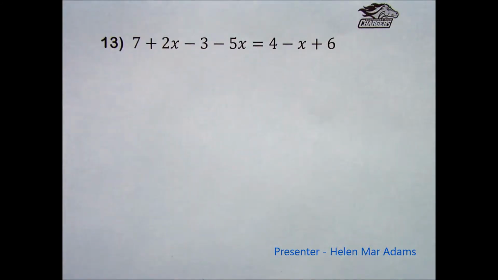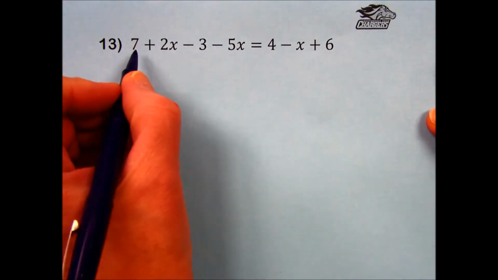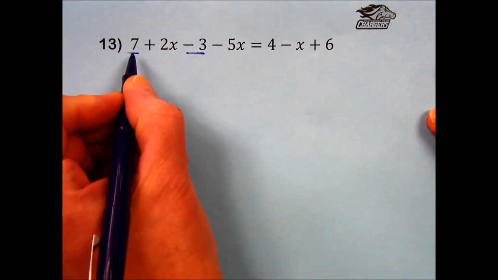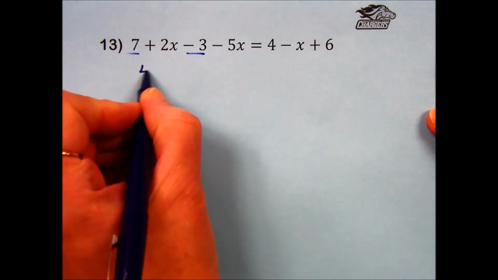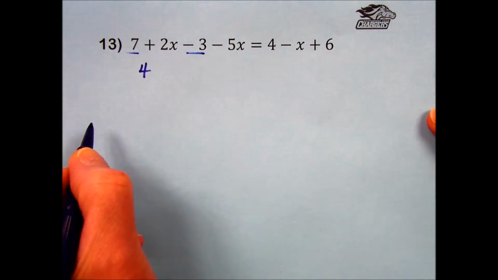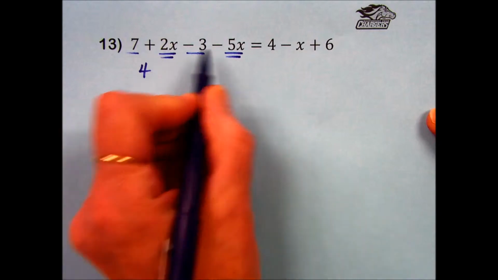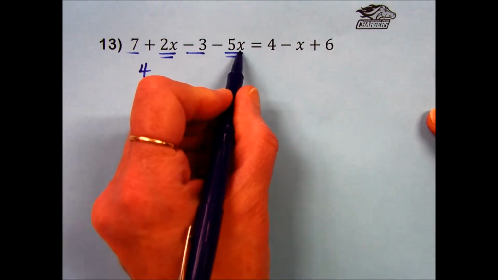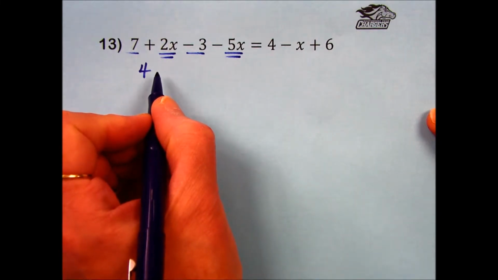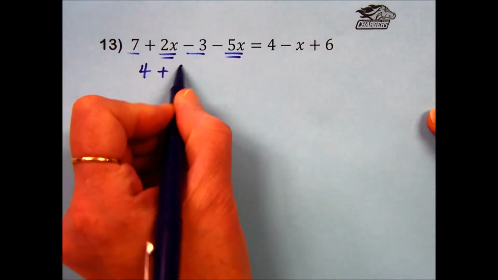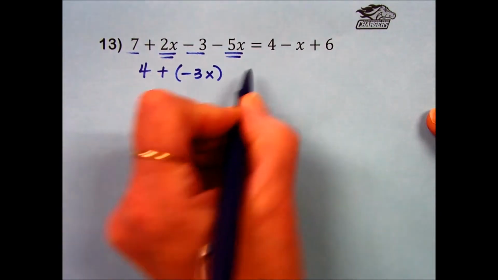Practice set 27, problem number 13, requires us to simplify both sides by combining like terms first before we deal with the issue of having a variable on both sides of the equation. So looking at this, on the left-hand side, a 7 minus 3 can be substituted with a 4. Similar terms of 2x with a minus 5x, 2 plus a negative 5 results in a negative 3x, is equal